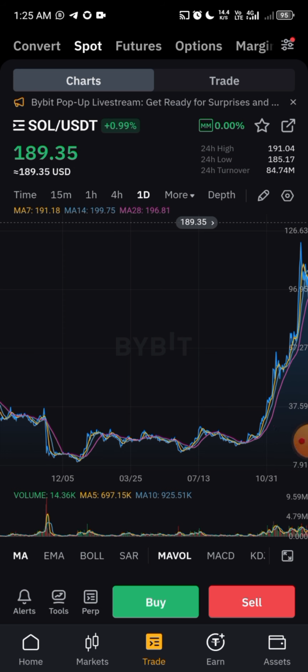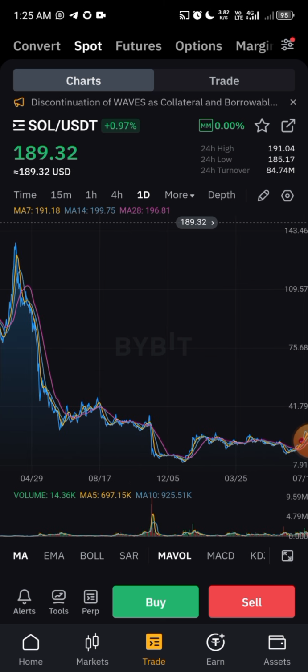And that is why I've told my students what to do during this bull run, so that they'll actually make money from the market, not holding and holding and believing that it will keep going up. No, the market does not always go up forever. There are two seasons in the market, the bearish season and the bullish season. The bullish seasons are always shortest. The bearish season is a long suffering period. So if you don't make money during the bullish season, my dear, in the bearish season you are going to struggle. So I've already told them what to do